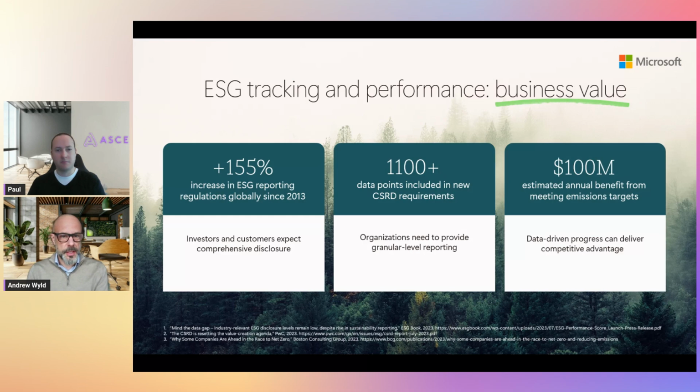When we look at CSRD, there are potentially over 1,100 data points in there, which is a huge amount of data. This is where the issue statement comes in: it is all about the data. If you get the data right in the first instance, when you think about your ESG or sustainability journey, that's going to make things a lot easier when you get to these disclosures or reporting pieces. But also, it's not new. People have been doing carbon reporting for quite a long time now, 10 years or more, but typically it's done on our old friend Excel. That's the rule of thumb.